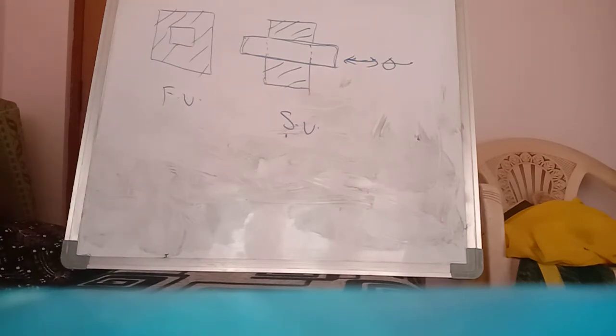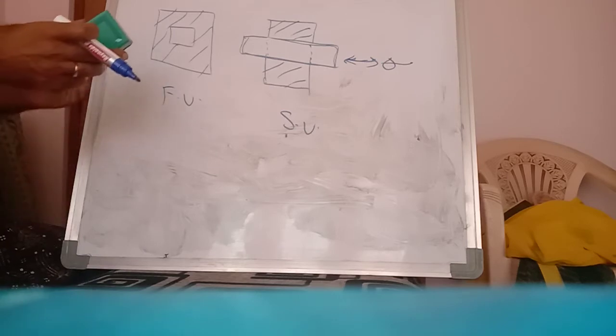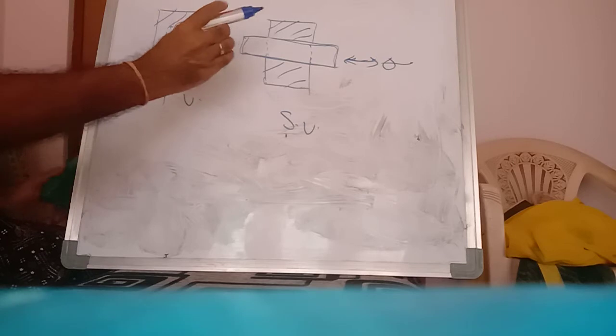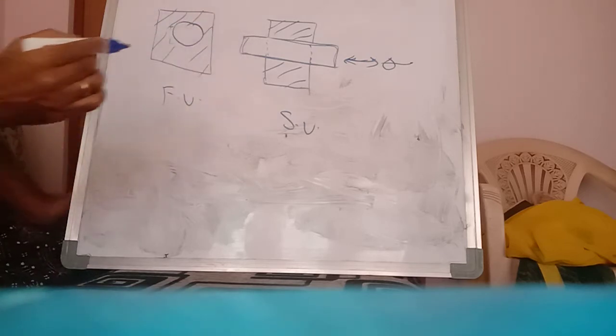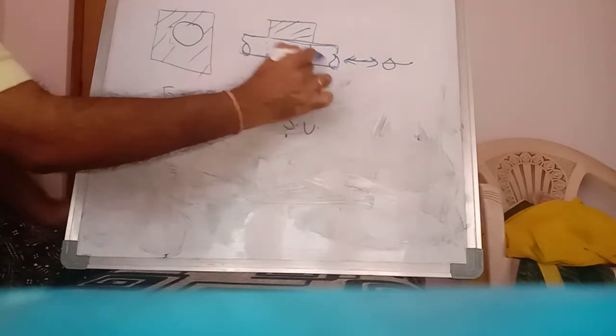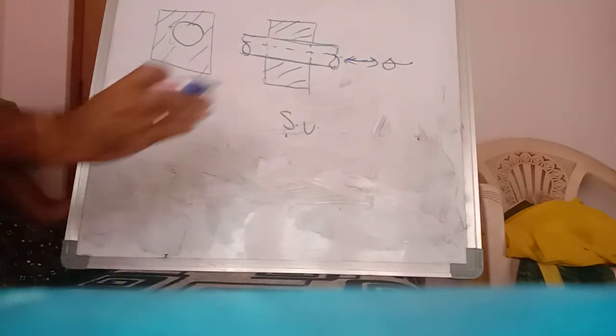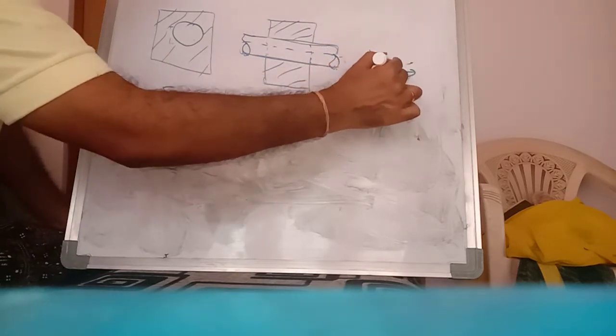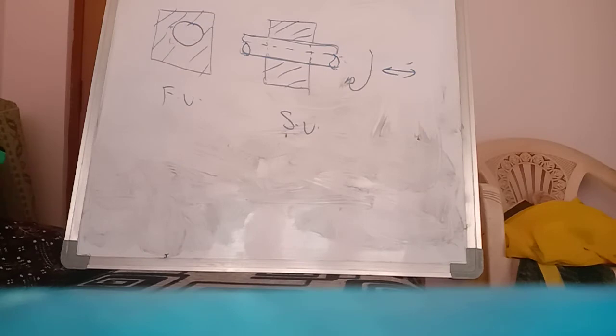The second one is the shaft in a circular hole. So here, instead of a square hole, there will be a shaft. This is a shaft. This is the axis of the shaft. That means there are two motions. It is incompletely constrained motion. It can rotate or it can move. So there are two motions. There is no single definite motion.